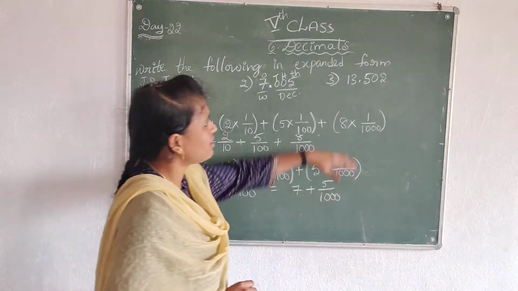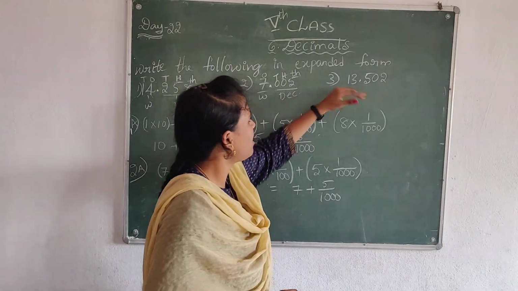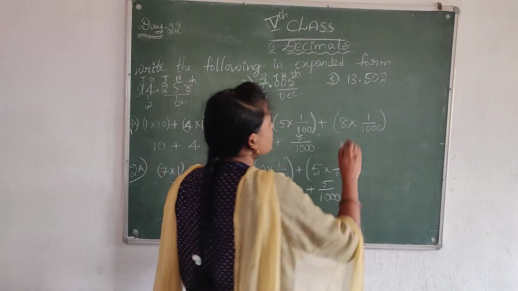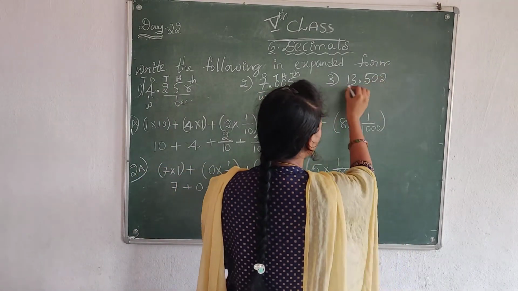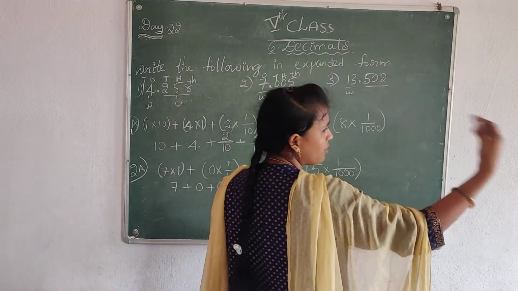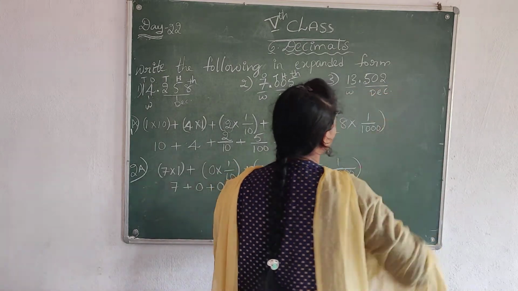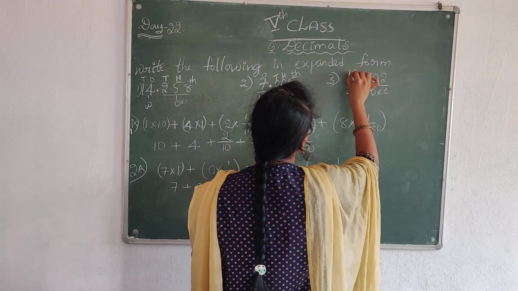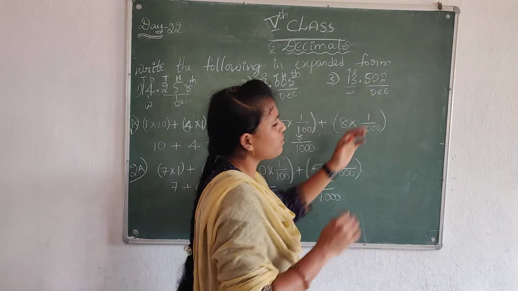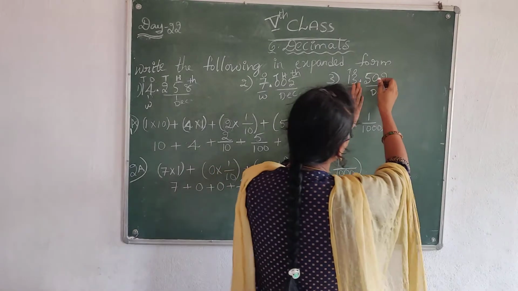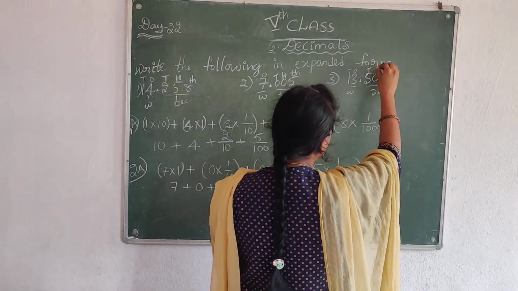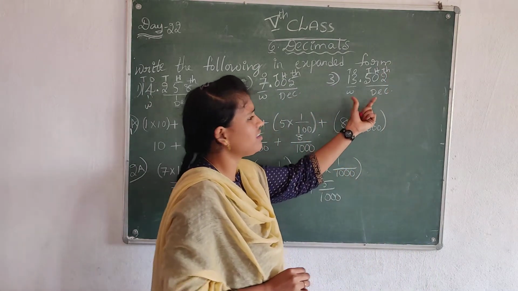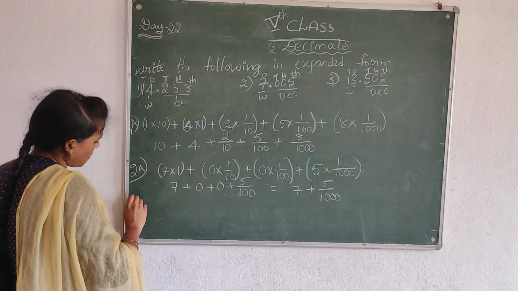Okay, let's see the third sum. All of you see and find out which is the whole number and which is the decimal values. The point left side numbers are whole numbers, the point right side numbers are decimal values. In the whole number we have 2 digits, that is ones, tens. Here you find out from left to right, the first number after the point is tens, hundreds, thousands. Okay, let's take this number and solve the answer.